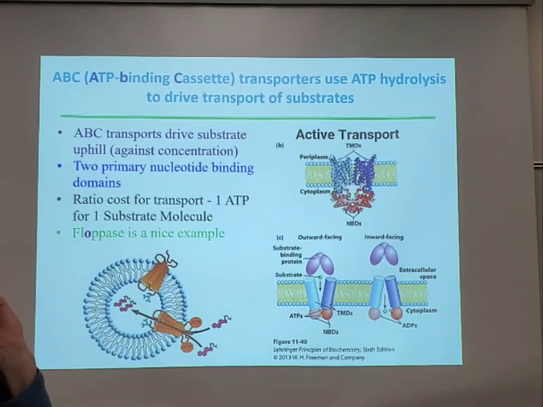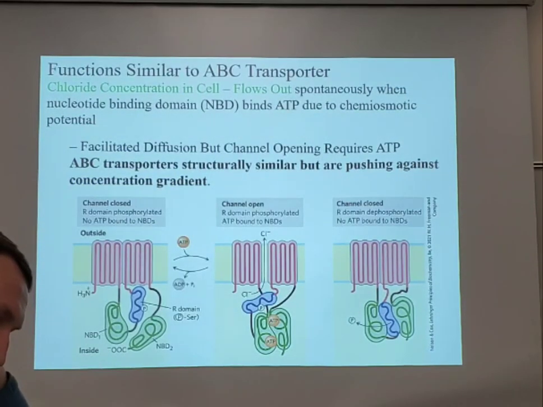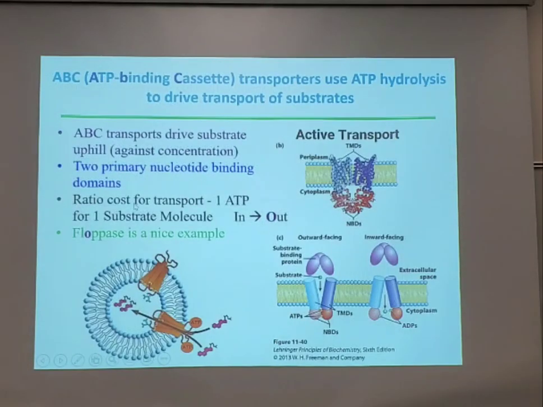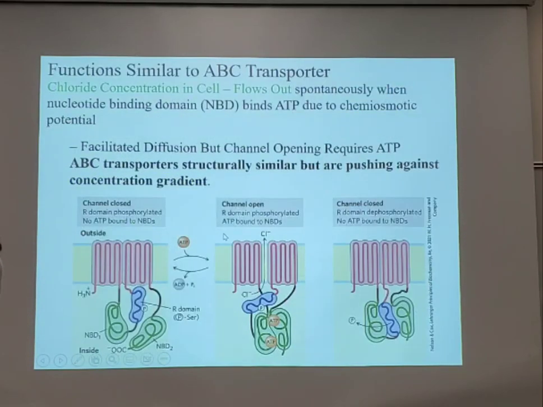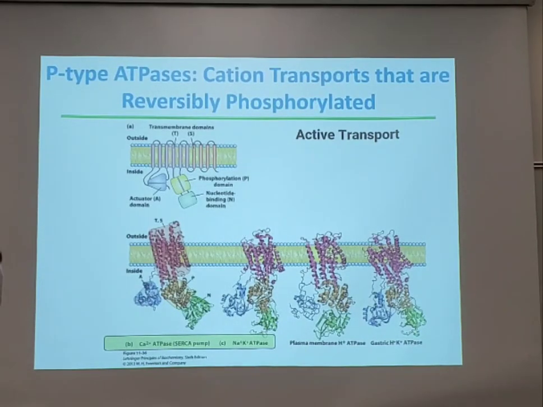Is the sodium potassium pump also an ABC transporter? Let's look. And the answer is no. It's a P-type. Okay? So this one, this chloride channel, acts like an ABC transporter. In fact, it has a nucleotide binding domain. So I have just showed you 2 examples of ABC transport. And they function the same. Essentially, once you bind the substrate and the ATP, it will change shape and allow entry of the protein. The next one is the P-type.